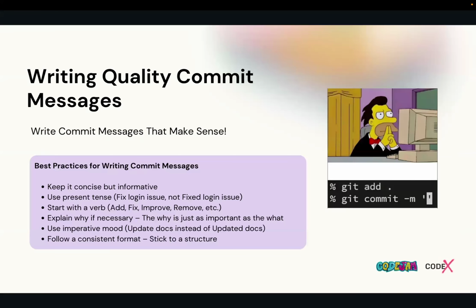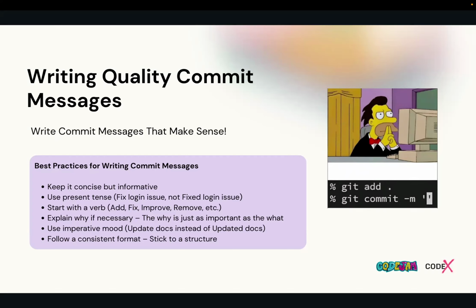Then, write quality commit messages. When you are working on your group projects, you have to commit things, but you are not that worried about commit messages. Sometimes you keep it blank, you type some test or a set of letters, or just "fix this", "fix for the implementation", "add this".